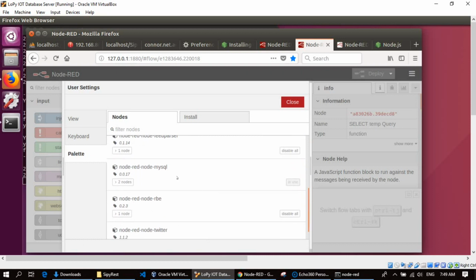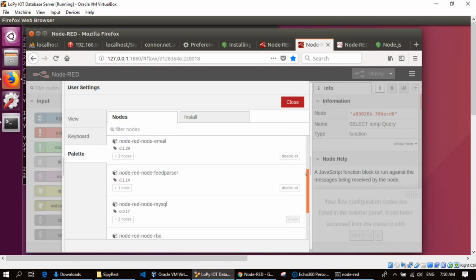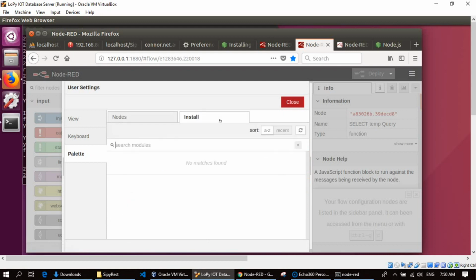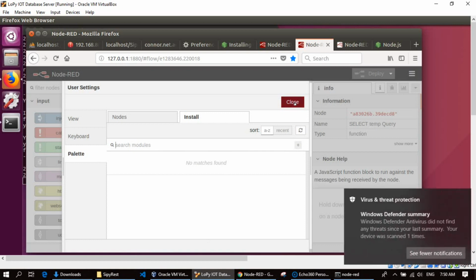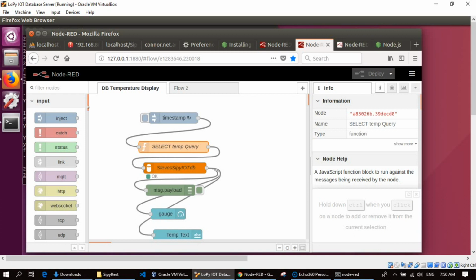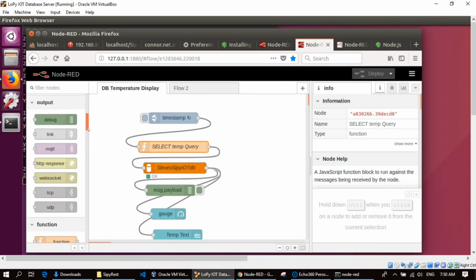What I installed was node-red-node-mysql. The other one I installed was the dashboard support, node-red-dashboard. So I installed these two. By going into Install and then searching for dashboard, and searching for SQL, you select the correct one. Using the palette, I've installed both of those into Node-RED. Okay, so what this gives me in addition is